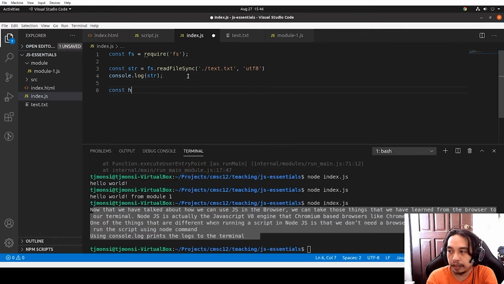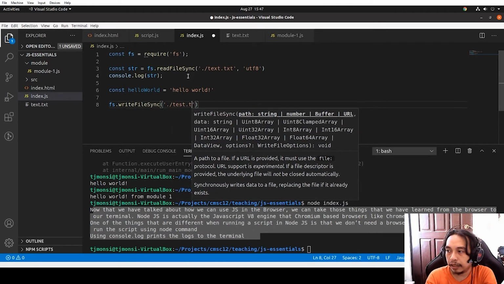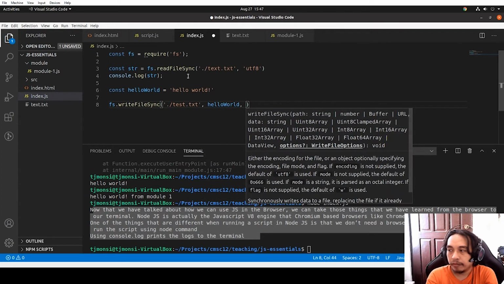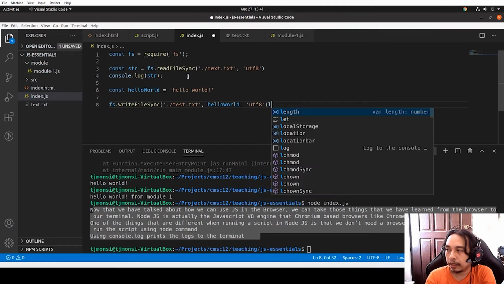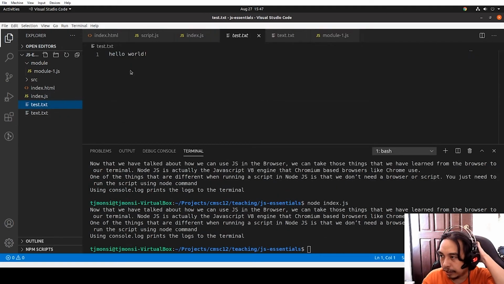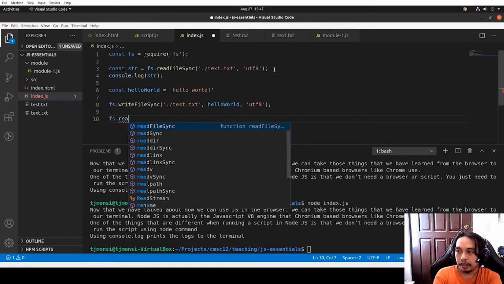If we have, let's say, const hello world equals hello world, and then we do fs writeFileSync test.txt, and then we put in the text itself and utf-8. If we do this, there's the test.txt which has the hello world as well. So those are the things that we can do using the pre-built fs, but this is file sync, so that means it's not good if you are reading and writing large files. So the best way is of course using fs readFile only,